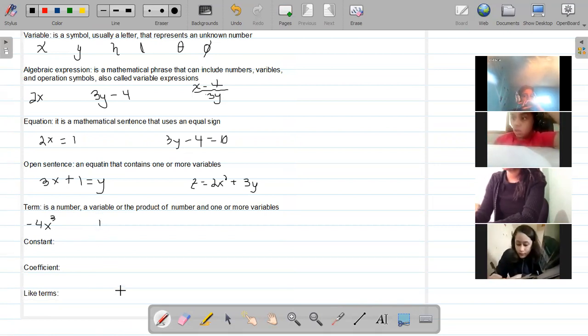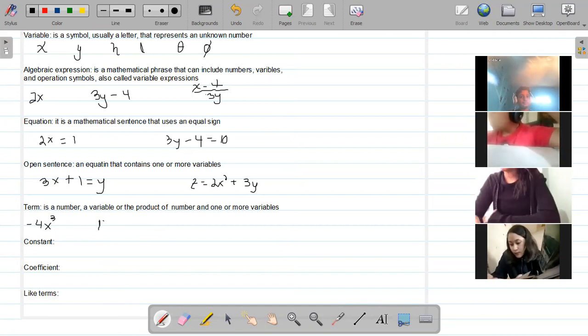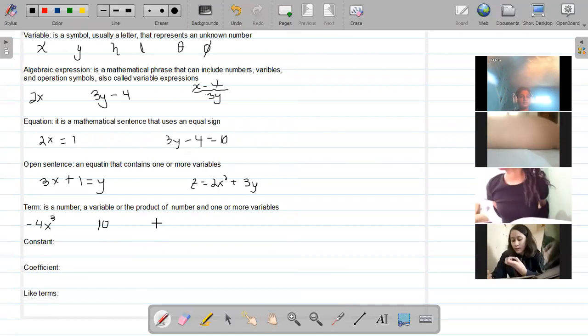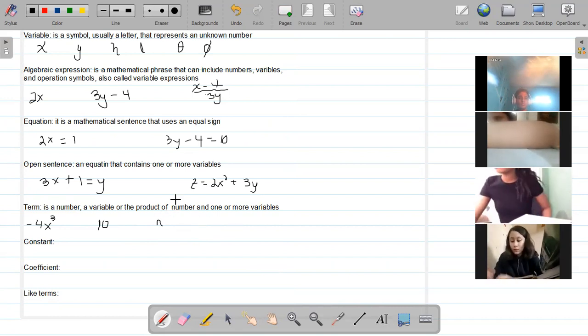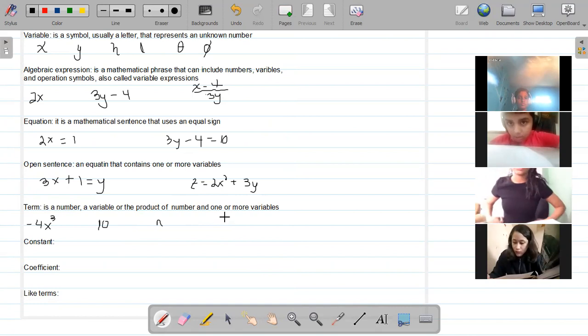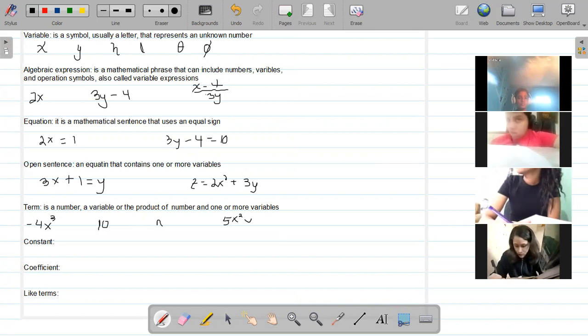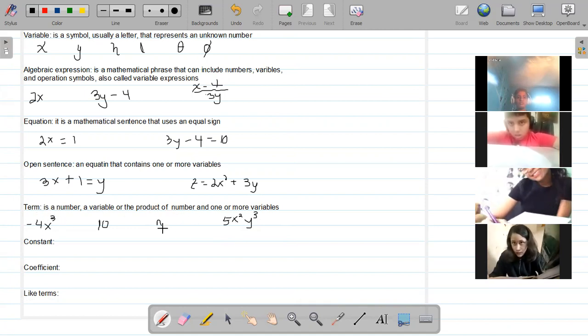Also, 1 for any number, okay? Let's say, instead of 1, let's say 10. Any number, or just a variable, n. Or the product between one or more variables. Also, for example, 5x squared y cubed. That's a term as well. So everything that is just a single part made up of a number or a variable with exponents, or just a variable or the multiplication between them, that is a term,